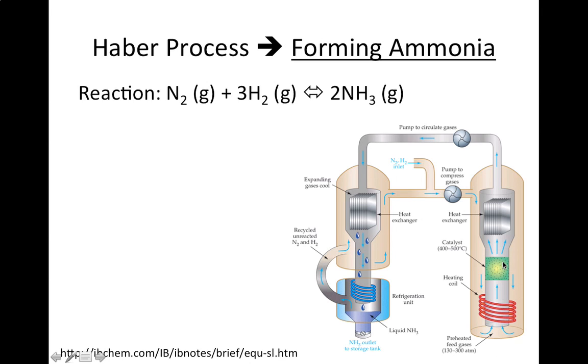We heat it up, we've got a catalyst, we keep heating it up, and then we go down to where we cool it. Cooling it forms some of the liquid ammonia, and then some of it gets put back into the reaction, and we keep going around in a nice cyclical process as we form more and more liquid ammonia. We're going to talk about the Haber process both in a TOK manner later on in this week, and we're also going to talk about how or why they start this cooling process where they do, and why they have different pressures. So we're going to talk about